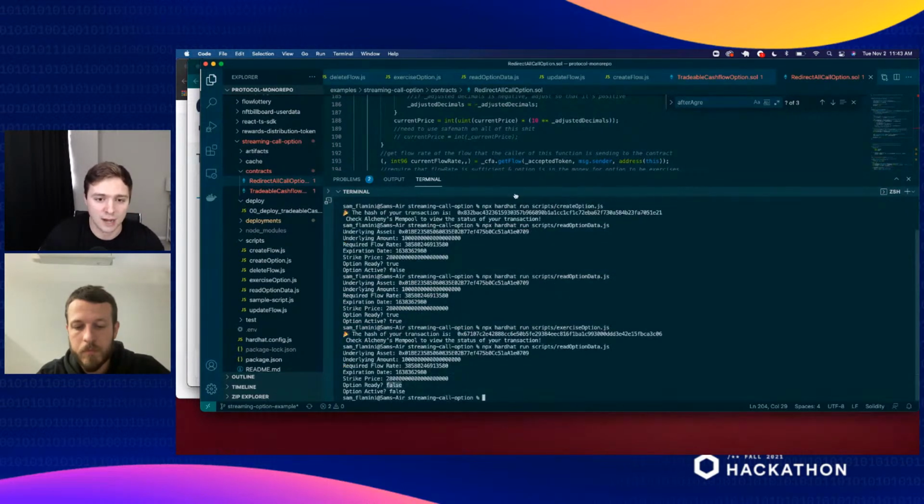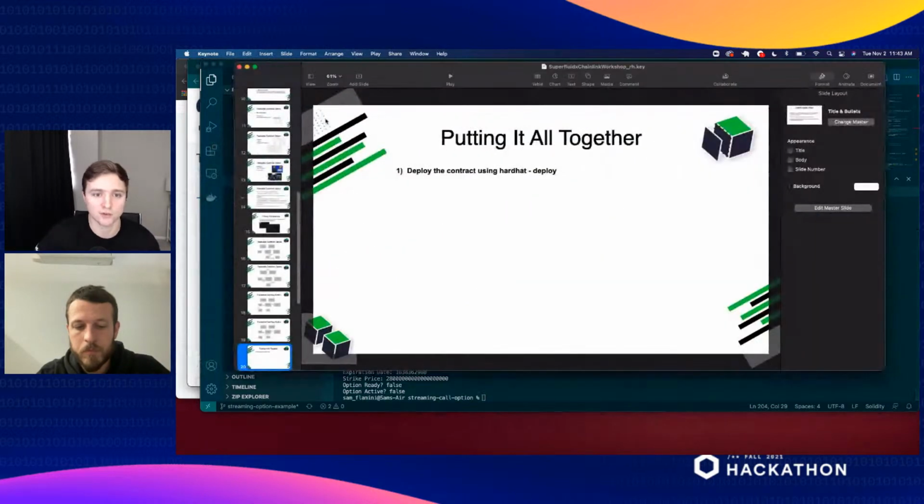These are both false. So option ready and option active are both false. The option is now inactive. It's been settled and everything's complete. So if we recap here, back in our little presentation,